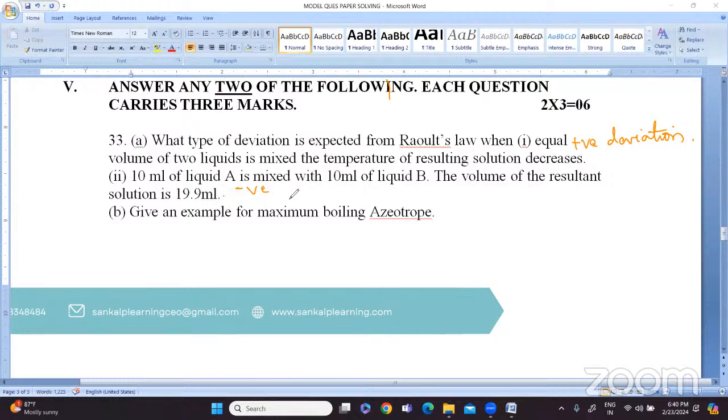Okay, give an example of a maximum boiling azeotrope. Can you give me an example of a maximum boiling azeotrope? What is the example? You can take it down: 68% nitric acid plus 32% water. Okay, so please remember all this